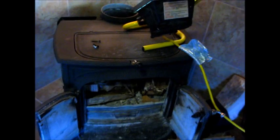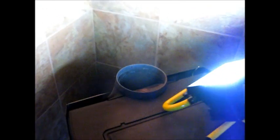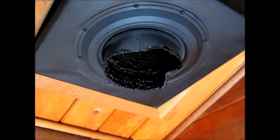Okay, so what's going on here with the wood stove? The pipe was loose, and we were trying to take a look at that. Ooh, look at all the dirt on my lens. So I vacuumed out inside there. There was a whole bunch of soot and stuff. And then up here, the reason that it was loose,